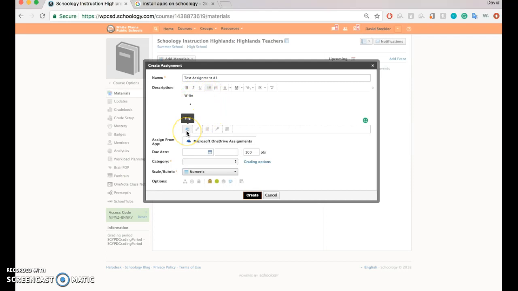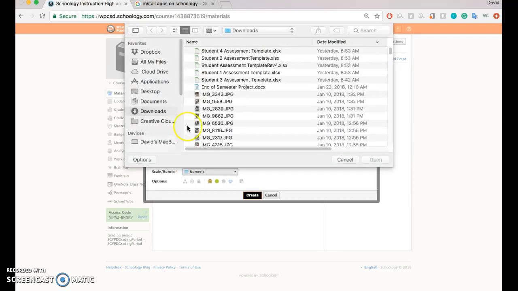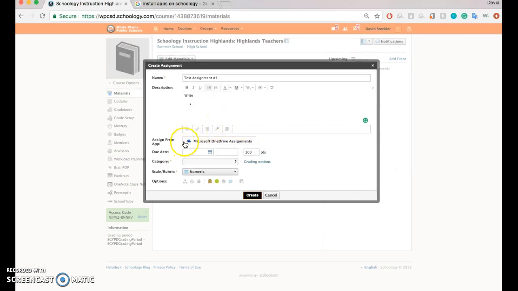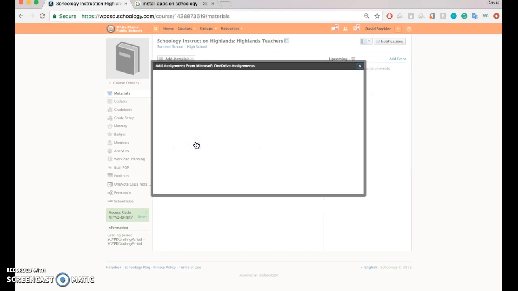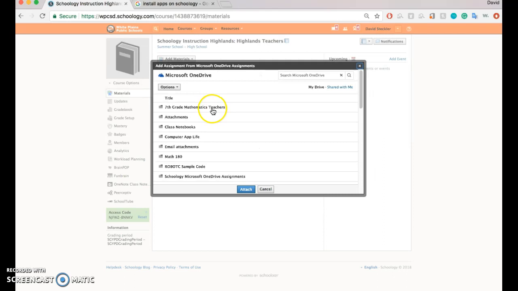If you want to attach a file, you can attach a file here by clicking, and it will open up to your documents. But the most important thing that we're going to start with is, since we've linked our OneDrive, it now will say Assign from App OneDrive. So we're going to start by clicking that, and it will go to the OneDrive app that you just linked,